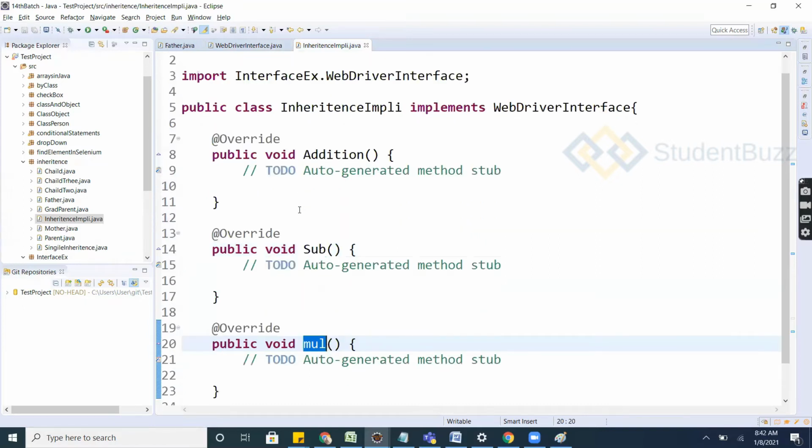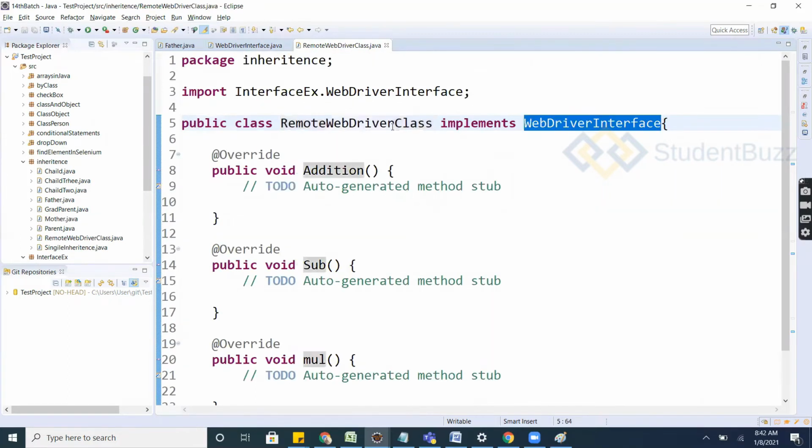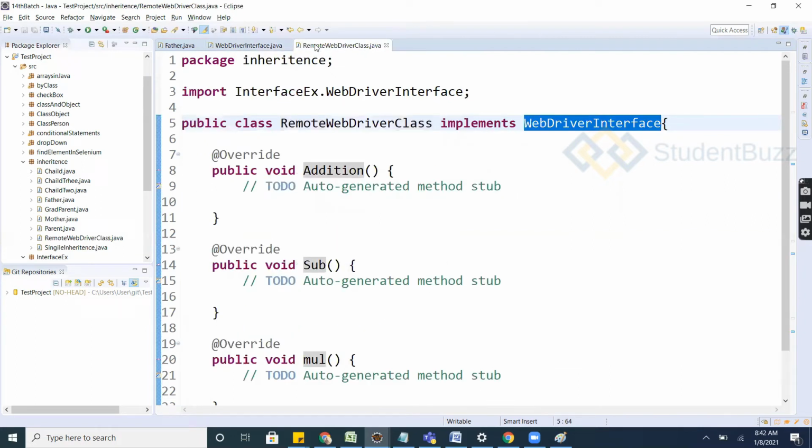You are implementing the WebDriver interface into the RemoteWebDriver. WebDriver is an interface and RemoteWebDriver is a class, and we are implementing the WebDriver interface into RemoteWebDriver. The non-implemented abstract methods in the interface force us to implement those methods when implementing.